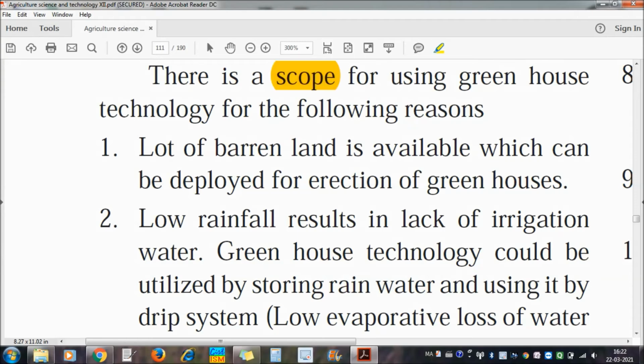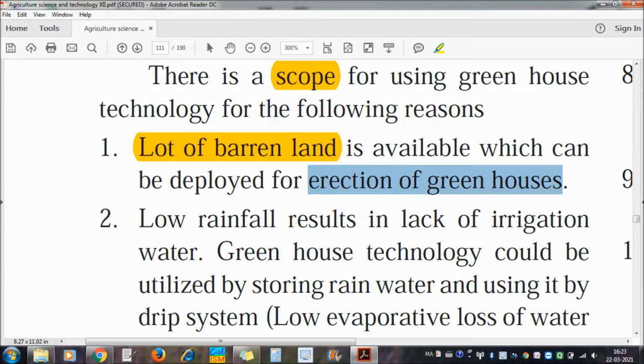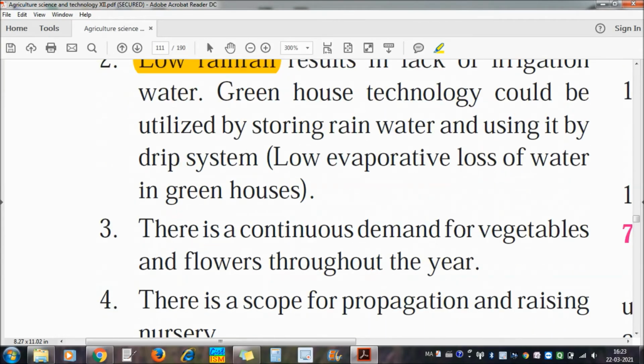Number one, a lot of barren land is available in our country. So these barren lands can be utilized for the erection of greenhouses. Means in the barren land, greenhouses can be made. It is also useful in low rainfall areas. So greenhouse technology can be utilized by storing rainwater, or a drip irrigation system can also be used. Means there is low